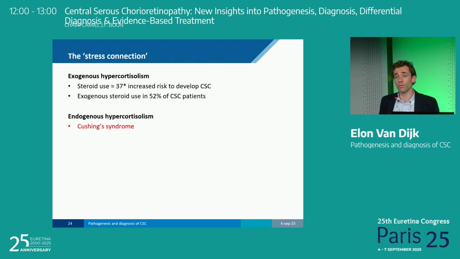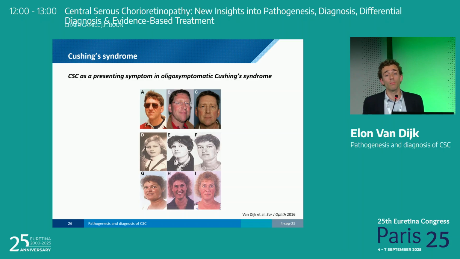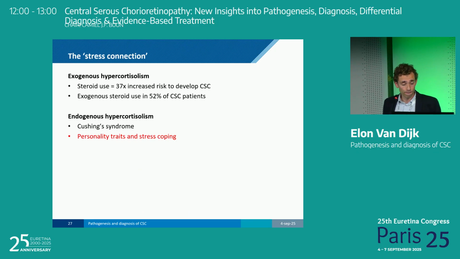And also the Cushing syndrome, so endogenous hypercortisolism, has been linked to CSC. A typical textbook Cushing syndrome is quite easy to diagnose: a moon face, fat spots, hypertension, diabetes mellitus. But sometimes it can be a bit more challenging, and then even CSC can be one of the presenting features of that endogenous hypercortisolism. So when you find out that a patient, for example, has a moon face or hypertension or diabetes mellitus at a relatively young age, always think about Cushing syndrome, and you could consider to refer the patient to the Department of Endocrinology.